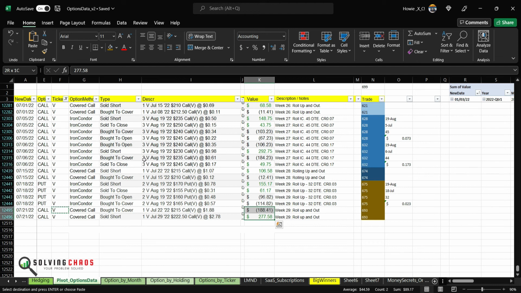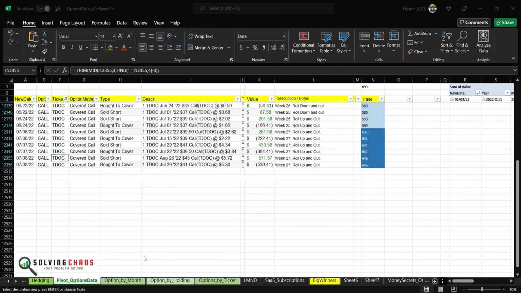I'm holding Visa for the high growth rate. I need Visa to grow at 12, 13, 14% year over year. And over time, I'll make my money because I know how to write cover calls on it. And the three things together make it an awesome combination. You buy the shares cheap. Like I said, I bought it under 100. You hold it for multiple decades. You collect dividends. You reinvest the dividends. You write cover calls, collect the options premium, combine all three together, and that's a winning strategy.